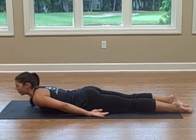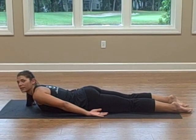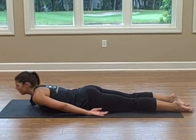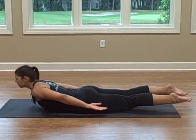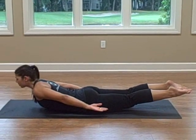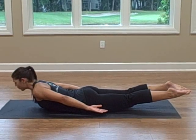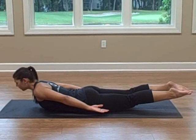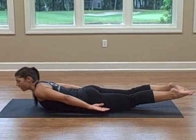This next pose is called locust pose. We're going to simultaneously lift our upper body as well as our lower body. On the next inhale, here we go. Inhale up. Now we're going to focus on lengthening through the crown of the head as well as reaching back through the toes. If this pose is too much for you at one time, what we can do to modify it is